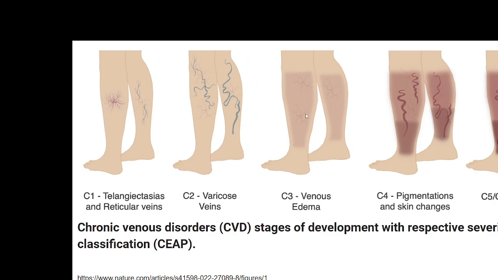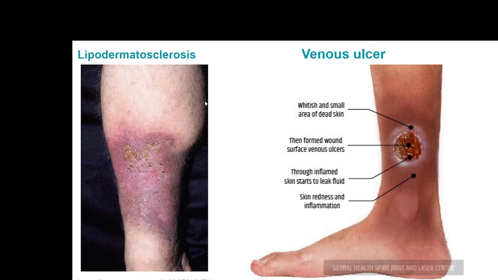The varicose veins with gross edema is venous edema, and when that edema results in stagnation of the blood in the subcutaneous tissue, and then there is pigmentation and skin changes, that is a C4 level. C5 and C6 are where there are varicose ulcers or venous ulcers, different depending upon the number. If it is only a single ulcer, it's a C5. More than one ulcer, then it's a C6, and this is the standard method of classifying these.